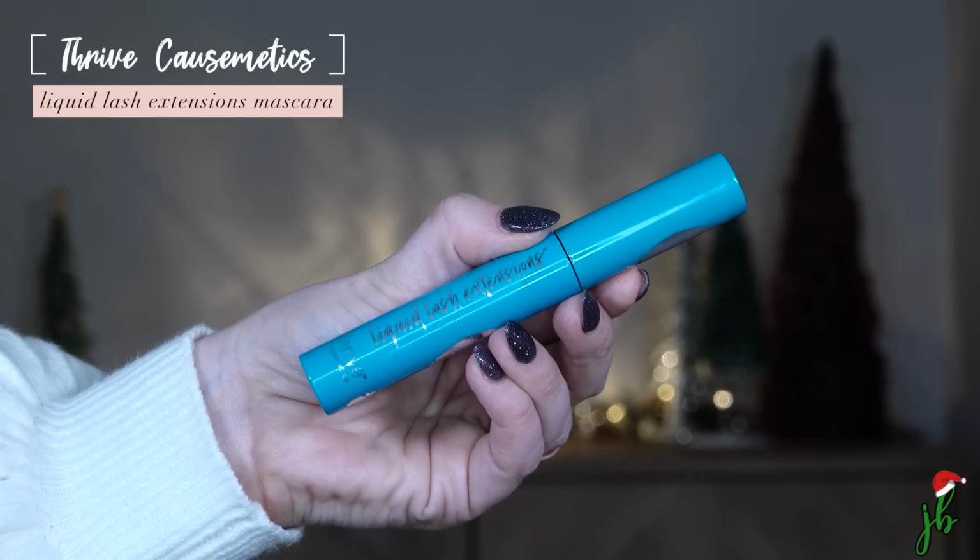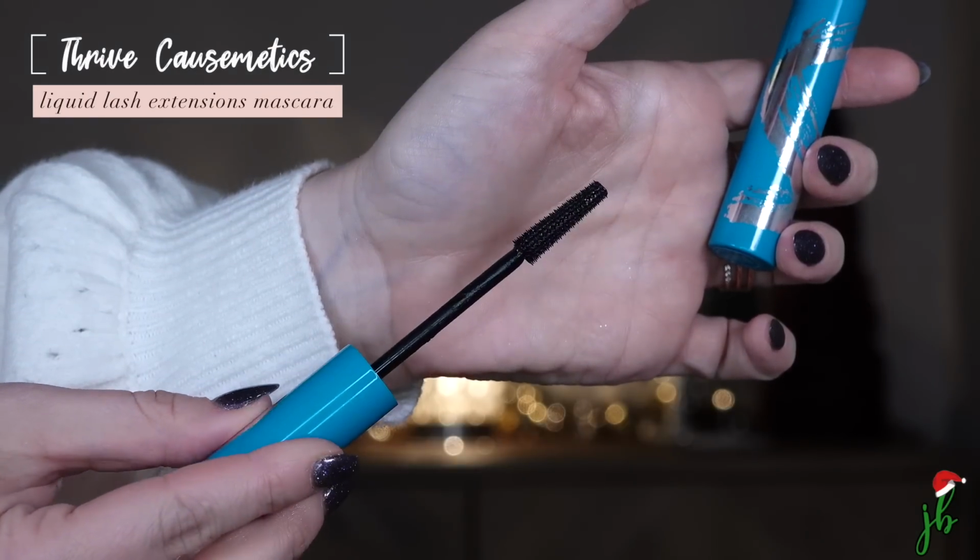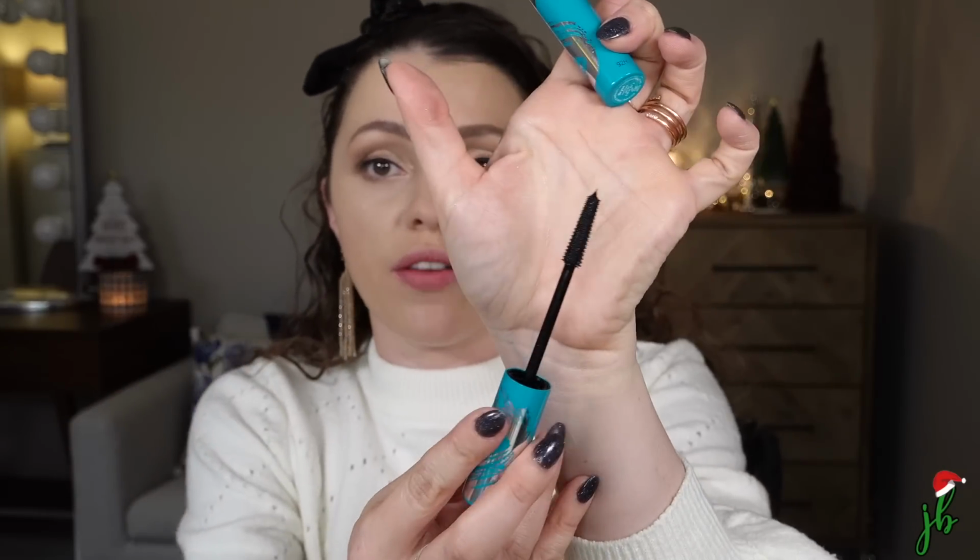It is a heavier packaging, which I think is kind of nice. And it's got a kind of wand I don't typically like. I know a lot of people do love it. It's the plasticky one. This is the kind that for me, I always end up stabbing myself in the eyeball,